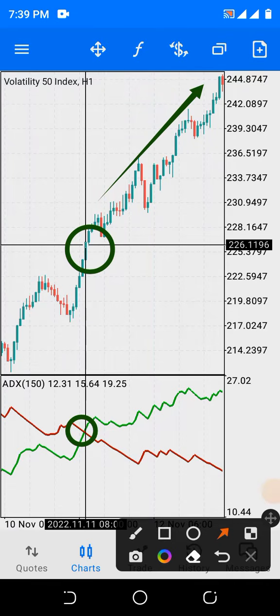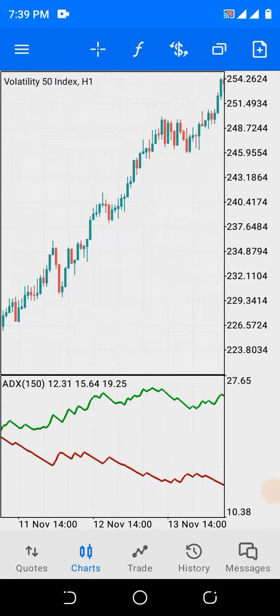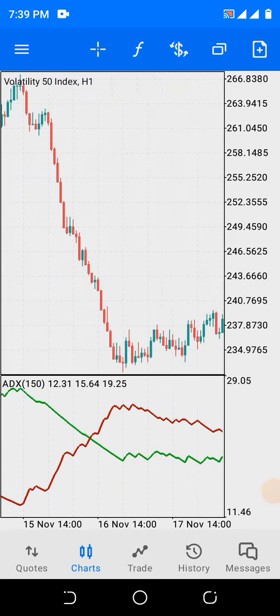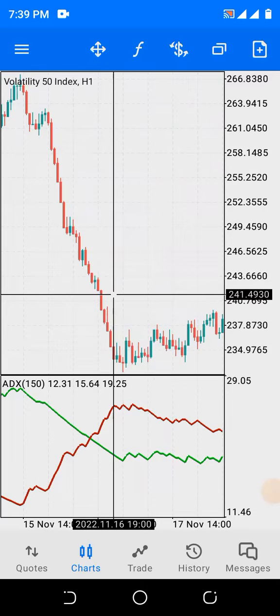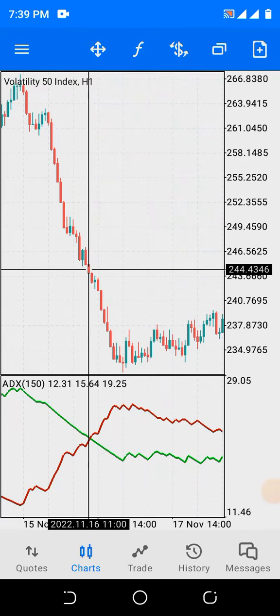Now for sell entry, where the red line crosses the green line and moves up, look at it. This is our sell entry, where the crossing occurs, whereby the red line of ADX is above.